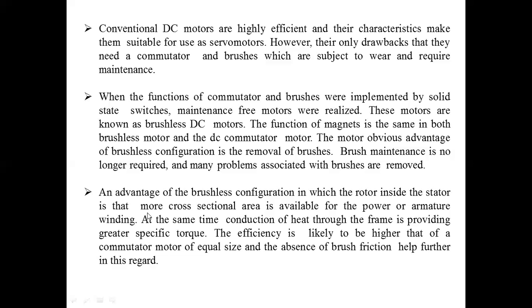But for a prototype, where the torque requirement is very low, the size of the motor should be very low, compact in size. Such applications are very rare, but nowadays there is tremendous growth in applications using these special electrical machines. An example is the permanent magnet brushless DC motor.